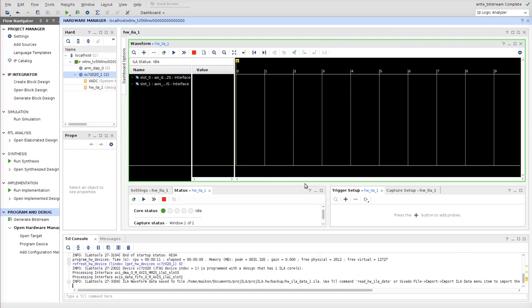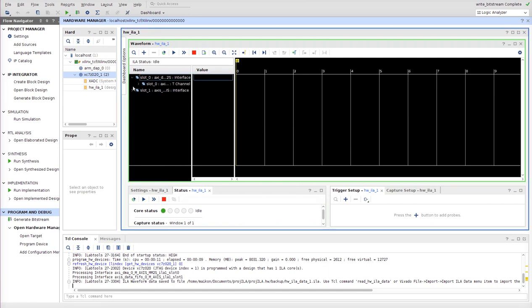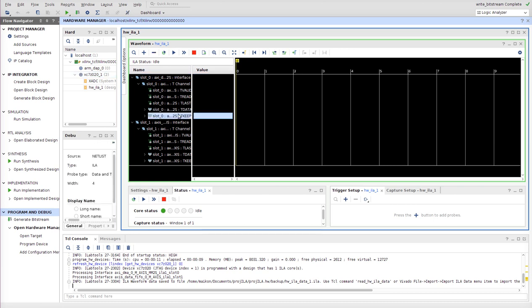Okay, no problem. And then here you're gonna have the signals that are gonna start live, but you have to select some. This one is not being used, but you have to select some signals to use as a